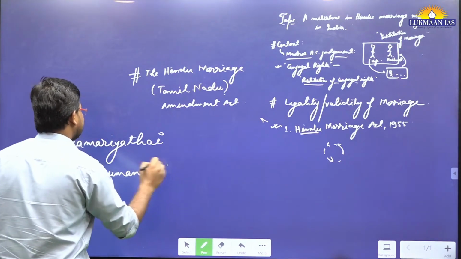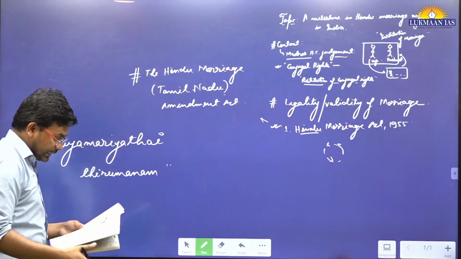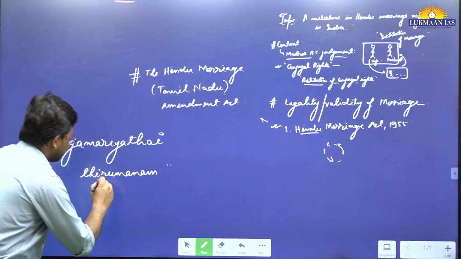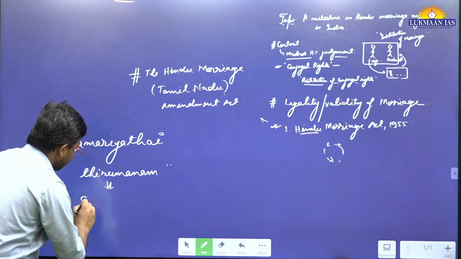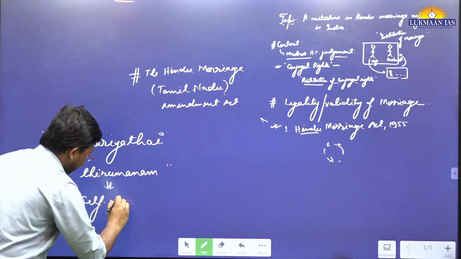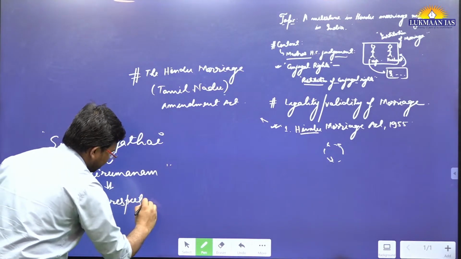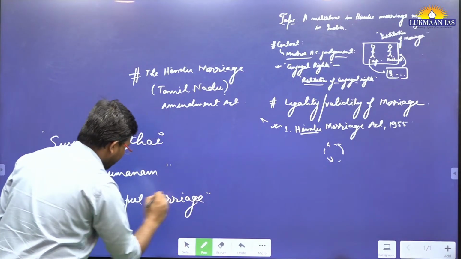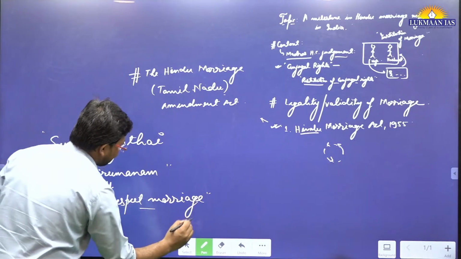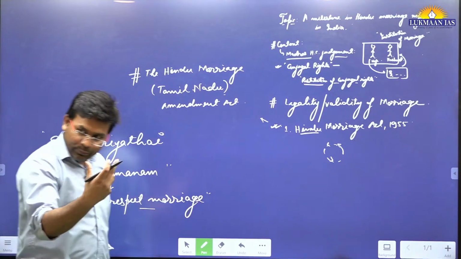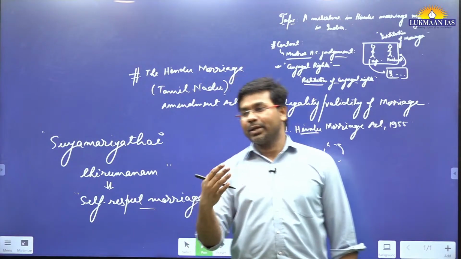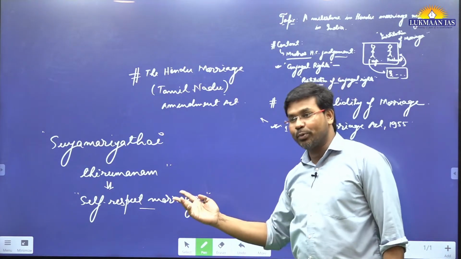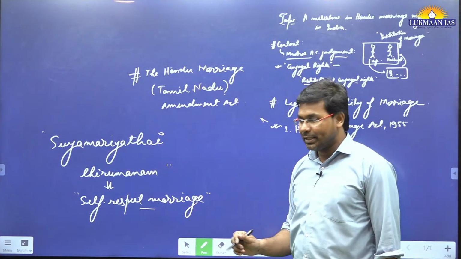Okay, so this is the name of the marriage, and this marriage is also known as self-respect marriage. Although after doing self-respect marriage, people can stay with one another in their will. But the thing is, when there is a dispute between husband and wife related to anything, if they reach